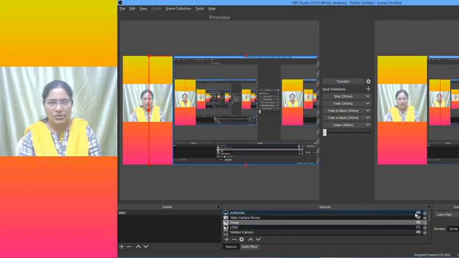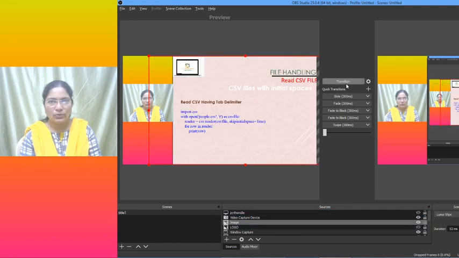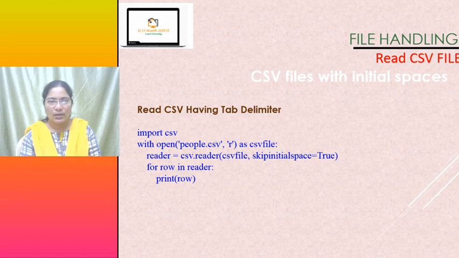But this skipinitialspace and dialect will work only for Python 3.8 version and above, right? Let me show you in this IDLE also. I am using Python 3.7.